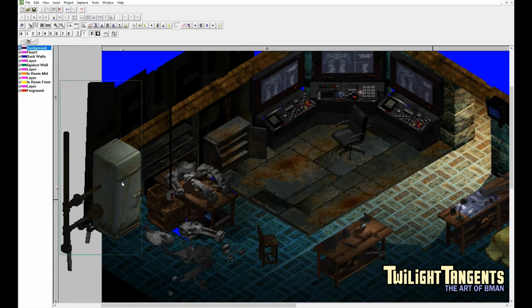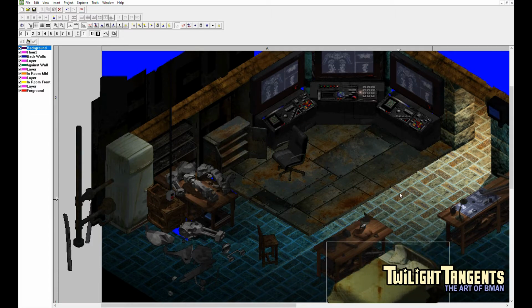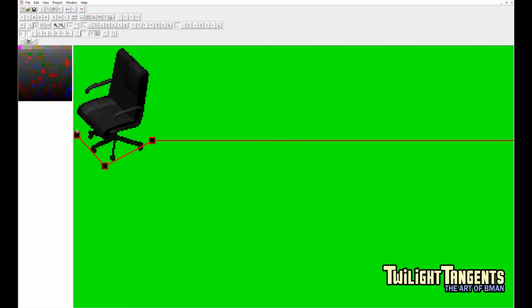Every object can be freely placed wherever you want it to go. So if I want the chair over here and I want this bed to be over here, that's where it's going to be. Now each individual object has its own sorting data. So if I click on this chair, for example, you'll see that there is a line that has been set up by the level artist at the bottom of this chair